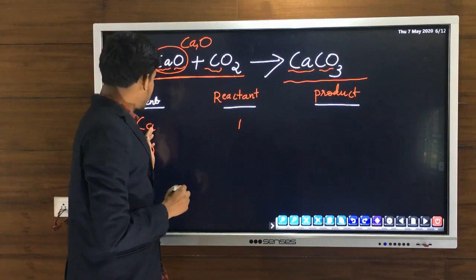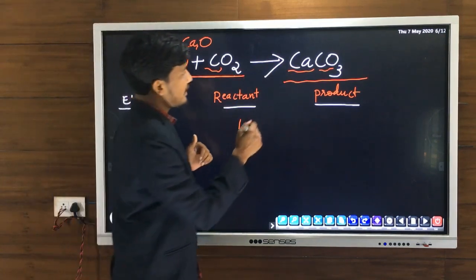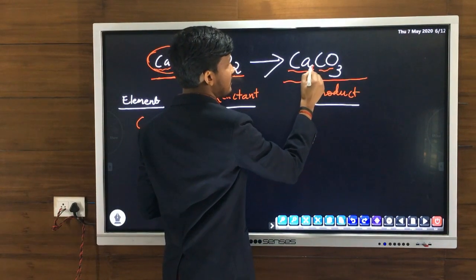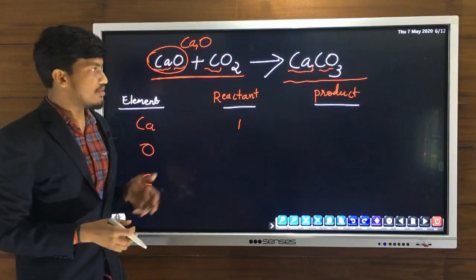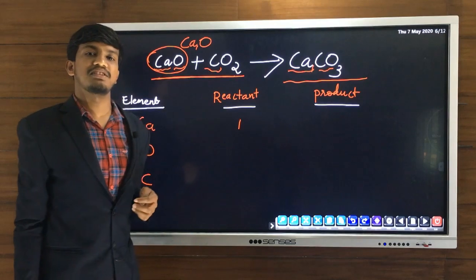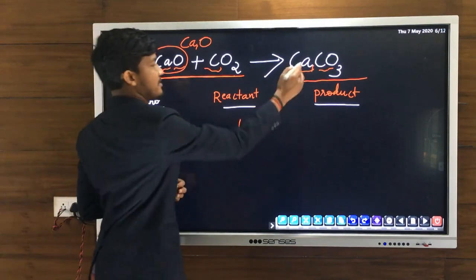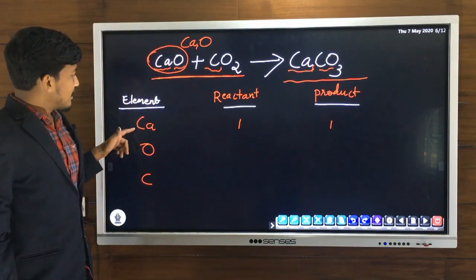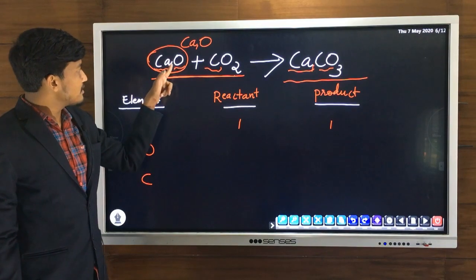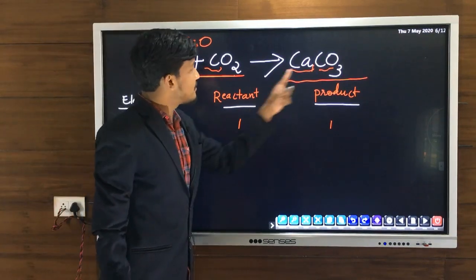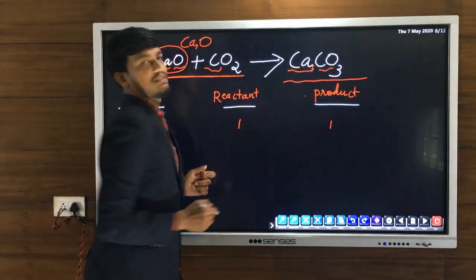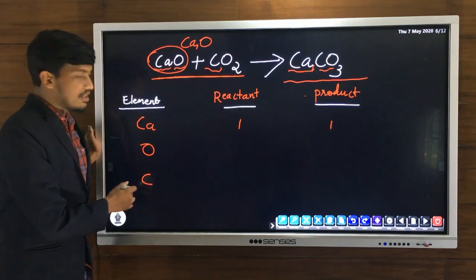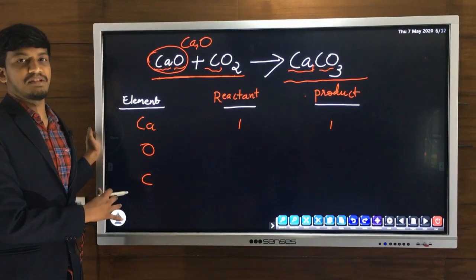Now we will count the number of Ca atoms on the right side. So on the right side we have only one compound CaCO3. So in CaCO3 also see the subscript, no subscript, that means CaCO3 means, so Ca1CO3. So the number of Ca atom is 1 on the product side, that is on the right side. So we can see that number of Ca atoms on the reactant Ca1 and number of Ca atoms on the product is also 1. So equal number of calcium atoms on both the sides. So like this we have to count number of each element.